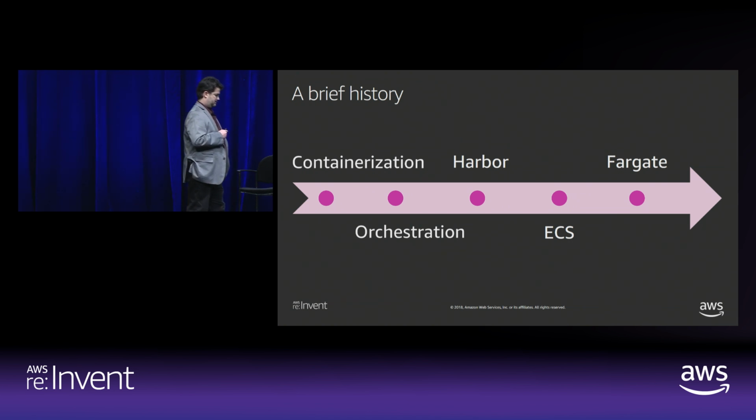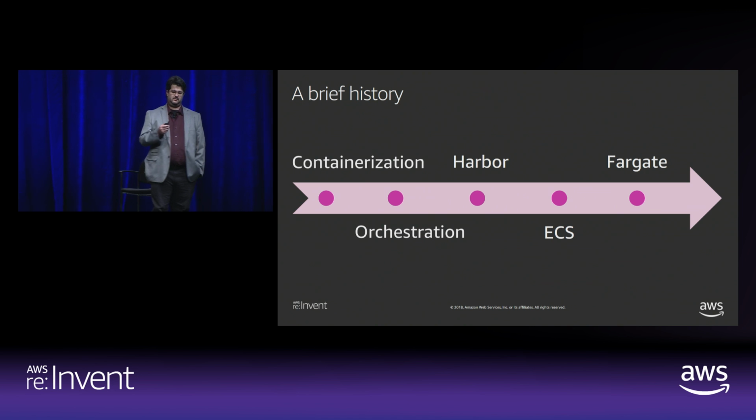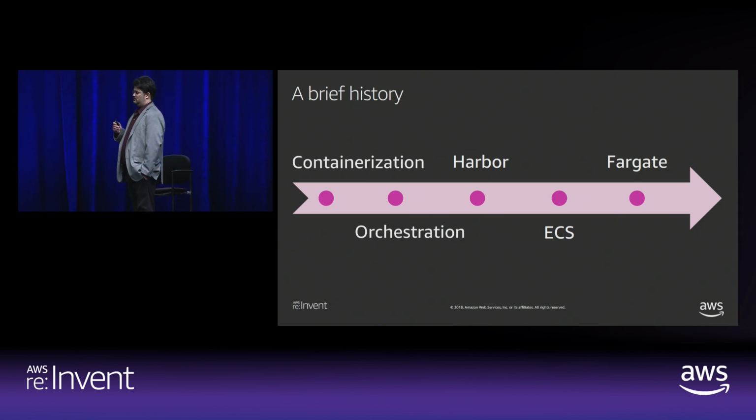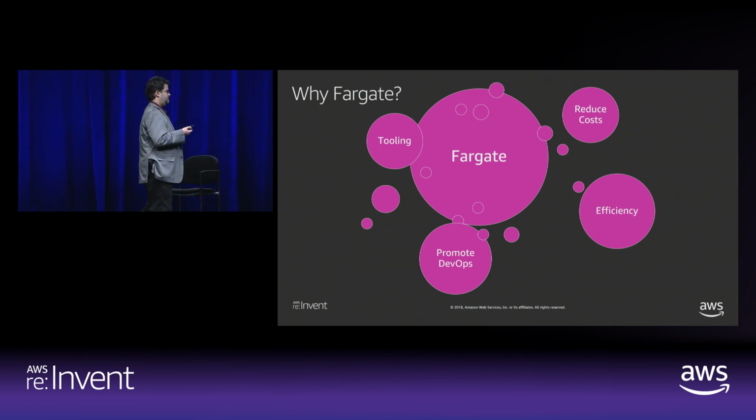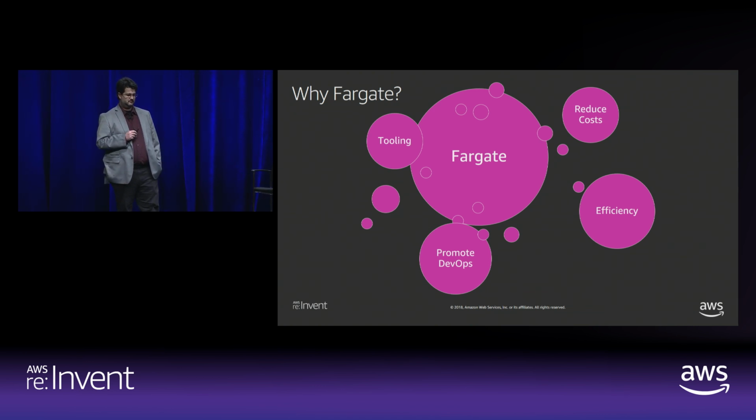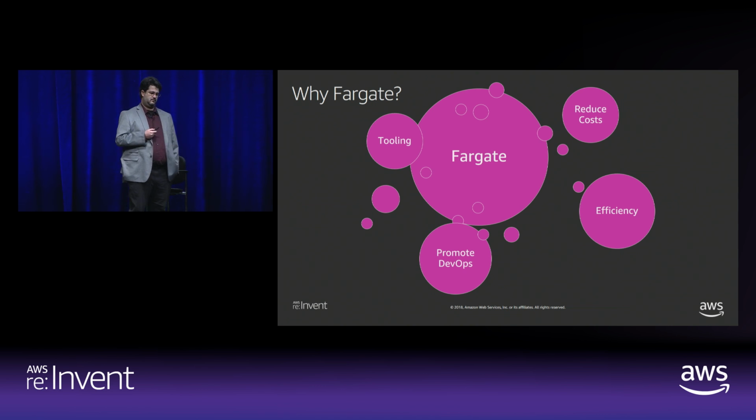But then Fargate came out. And for the rest of the teams that were still on Harbor, we saw Fargate as a gateway technology to get them into this new DevOps world. So why Fargate? What did Fargate do that really engaged and allowed them to get into this DevOps mindset? To help answer that, let me give you a little bit of context. You see, these teams that were still in Harbor,